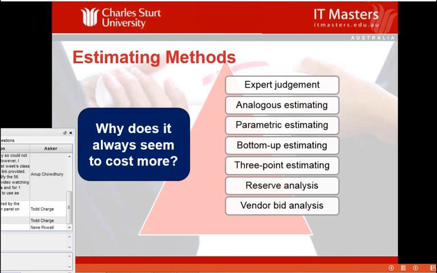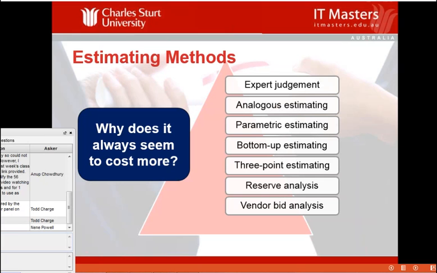Parametric estimating is where you look at factors such as rates. So, for example, how much does it cost you to lay 500 bricks? Well, okay, we want to build a structure that's going to have 5,000 bricks. So we multiply the cost of 500 bricks by 10 and we end up with an estimate. Bottom-up estimating allows you to go right down to the bottom, estimate each activity, which we're trying to do here, and roll it all up. That's what we do to get to the end budget, is to roll up the individual costs from each activity.